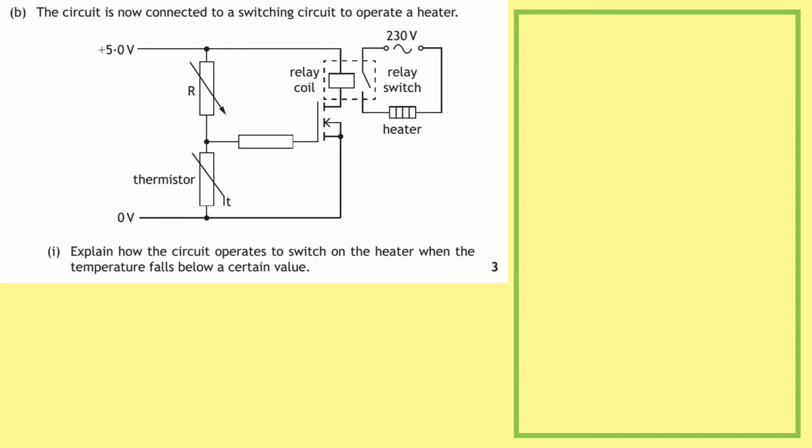Part B. The circuit is now connected to a switching circuit to operate a heater. Explain how the circuit operates to switch on the heater when the temperature falls below a certain value. So the key information they've given you just there in the sentence is explain how it operates when the temperature falls. This is going to determine our first sentence. So when the temperature decreases or when the temperature falls,